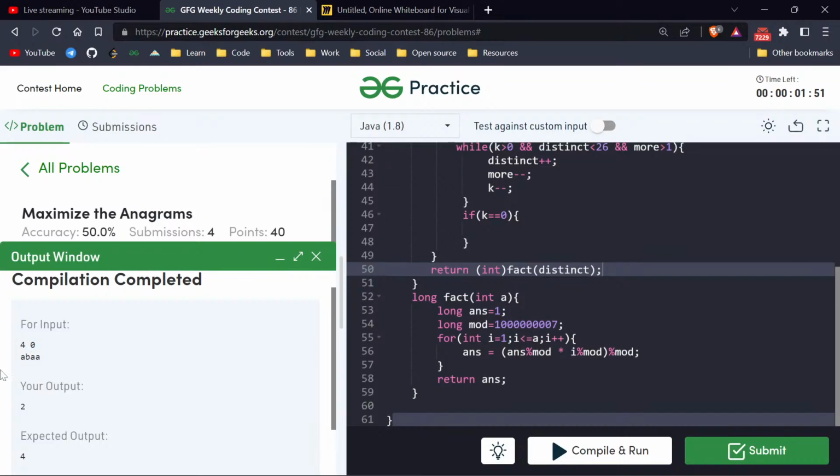Okay, our answer is 2 because we have two distinct characters, but the total answer is 4 because of the total positions for this B. It can be on the first index, the second index, the third, or the fourth. So first of all, we are getting 2 because of 2 factorial, 2 distinct characters, and after that we have 2 more A's. So how can we use them? We can just simply multiply. I think we should simply multiply